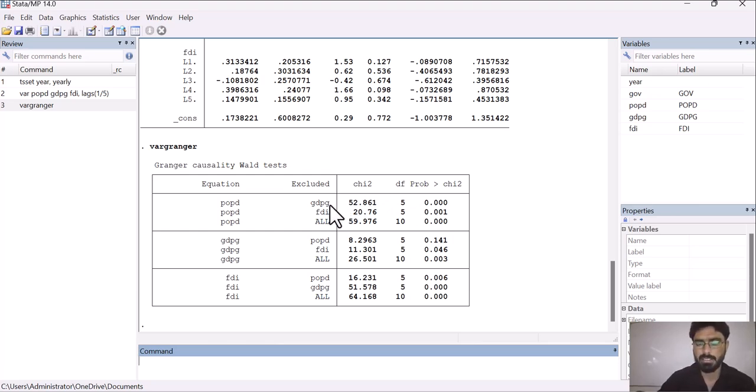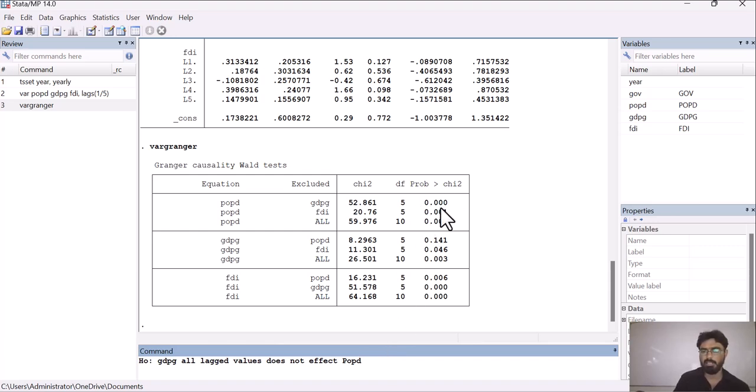So what is the null hypothesis? H naught is GDP all lag values do not affect POPD in the short run. Here all lags are included. So the null hypothesis for only this one: GDPG all lagged values do not affect POPD, and the alternative is GDPG all lag values do affect POPD.